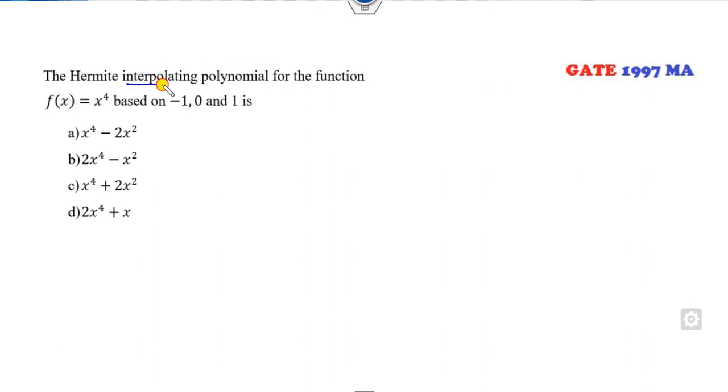Okay, now they are talking about the polynomial. So whenever they are talking about the polynomial, you can fit this data on this curve. So x is minus 1, 0, 1. What is the corresponding value of y? F of x is 4, 0, 1.